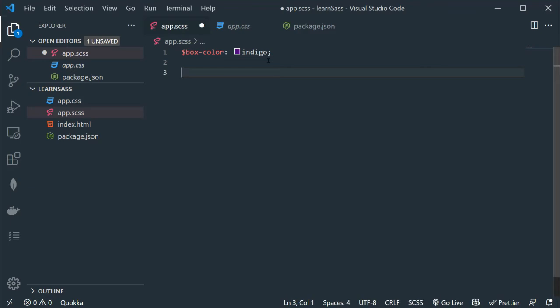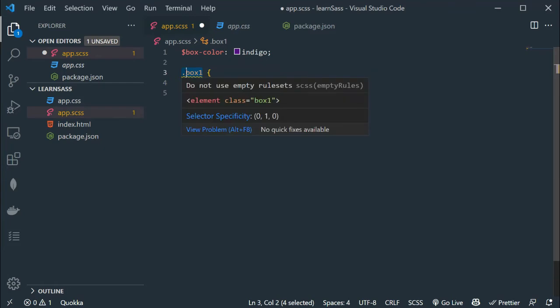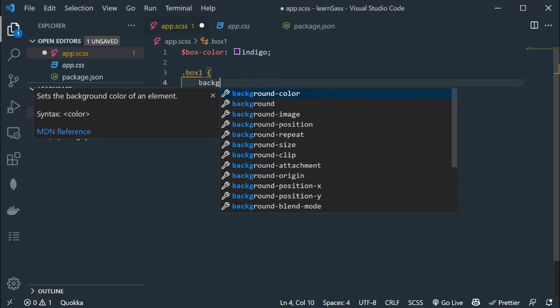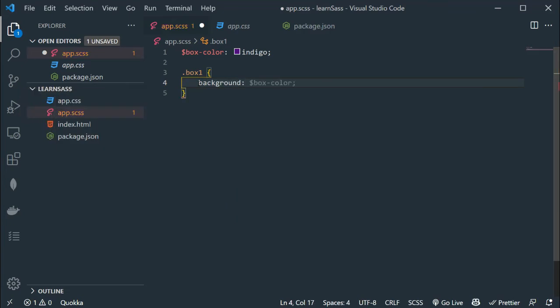So let's say I am going to target a class, and the class name, let's say box1. Don't worry, we don't have a box1 class, but it's just an example. We have to target any class.